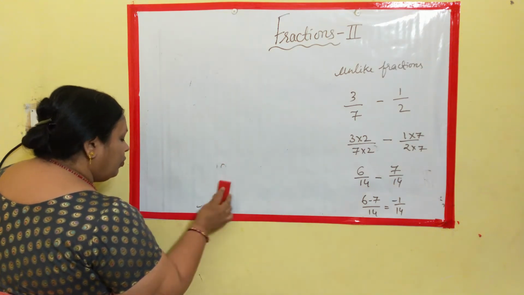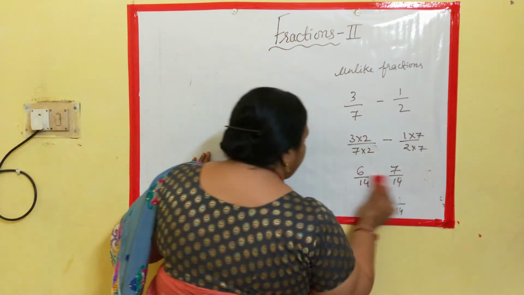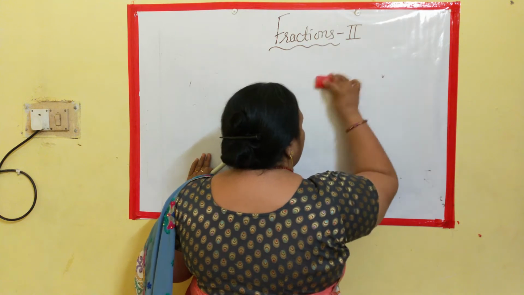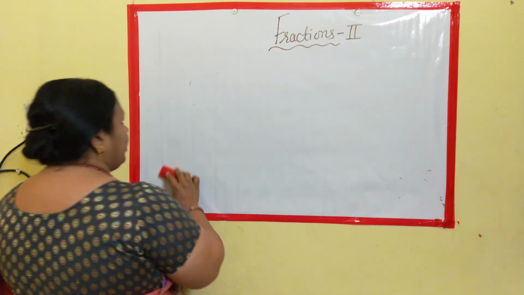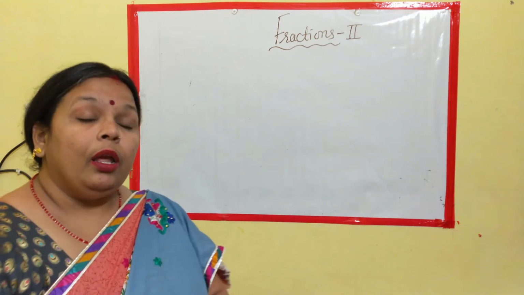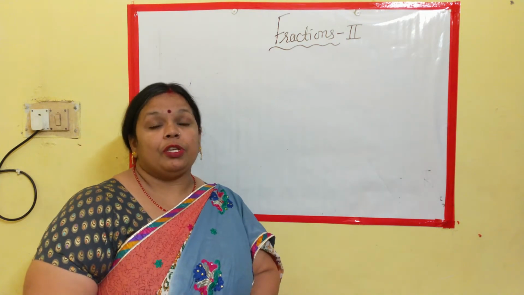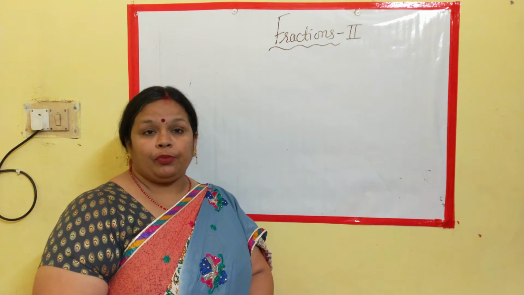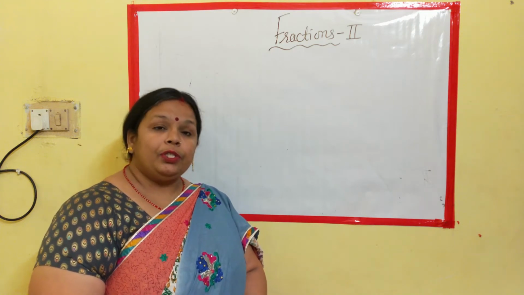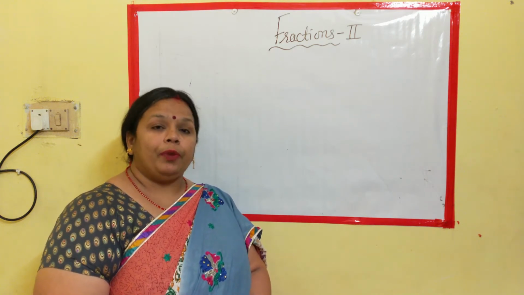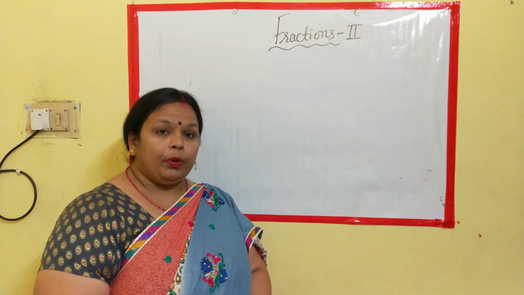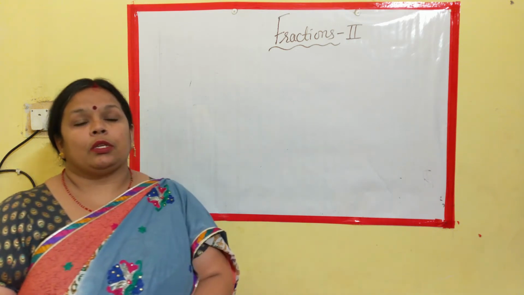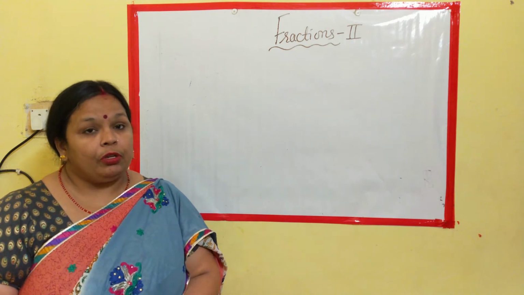We will move ahead and see the simplification part, where we will be using both unlike and like fractions as required, and what happens if the fractions are given in mixed form. If the fractions are given in mixed form, then the first thing is to convert the fraction into an improper one and then proceed with what is asked, like if it is addition.